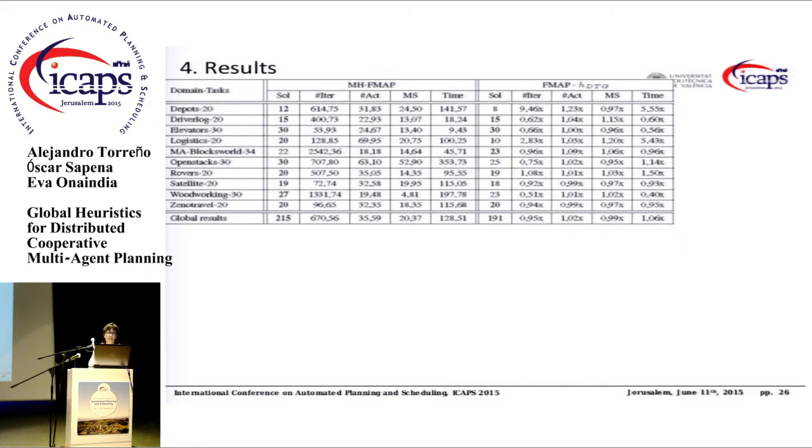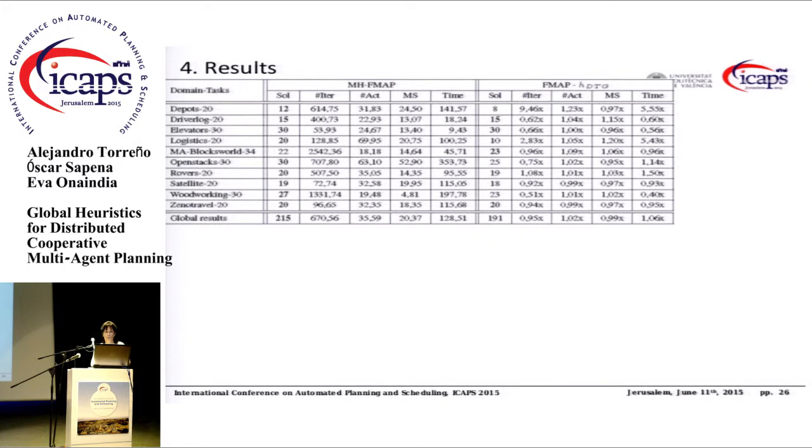Here we can see that the coverage, which is the column sol, in the case of the multi-heuristic version, equals or outnumbers the problems solved with respect to the DTG. Okay, and with respect to values here, we have the number of actions, makespan, and time. Values higher than 1 represent a better value for the multi-heuristic version, and values lower than 1 represent worse